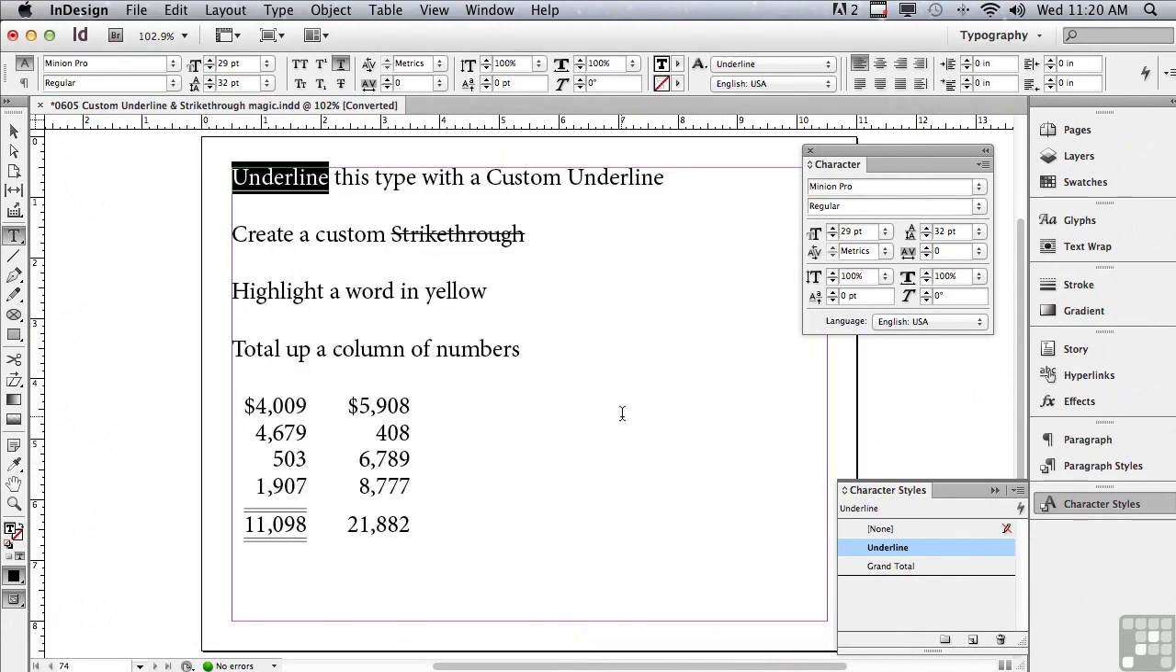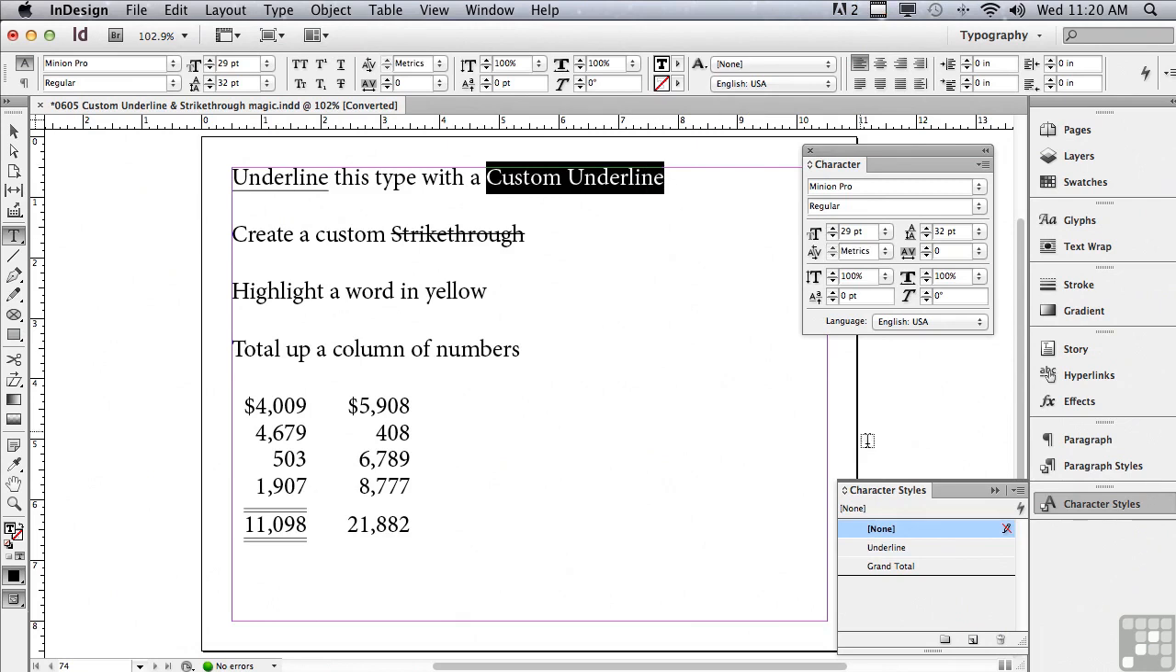What's so great about having a style? Let me select some other words and just click on that style. I don't have to remember anything about the settings. All I have to do is go through it once, save it as a style, and use it again and again. What about strike-throughs? Let me zoom in just a little bit closer here